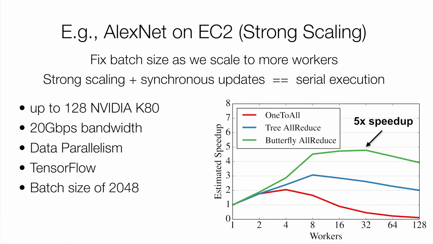And here are the results that we saw. The x-axis is the number of workers. The y-axis is the estimated speedup that we saw. And this is for 3 different variants of allReduce. What we see kind of matches what we saw before. At best, when using 32 machines, we get a 5x speedup. And things actually get worse as you use more workers, according to Paleo's estimates, because communication really just dominates.